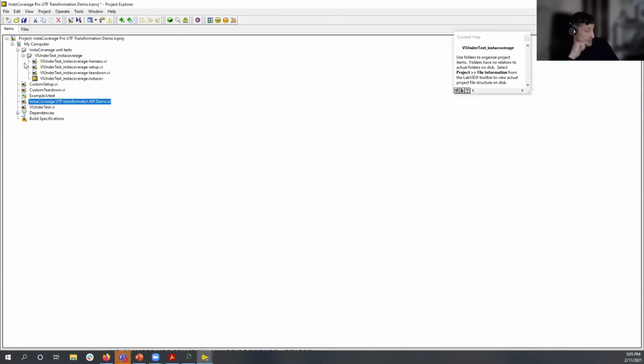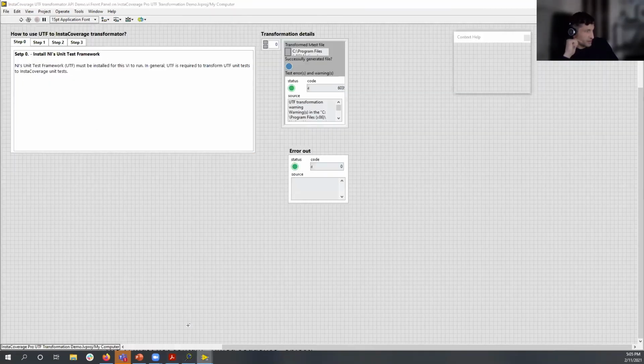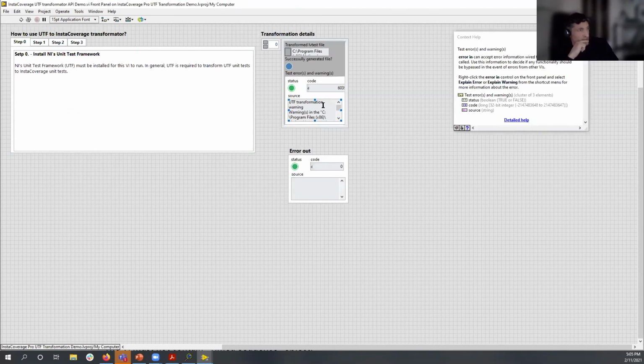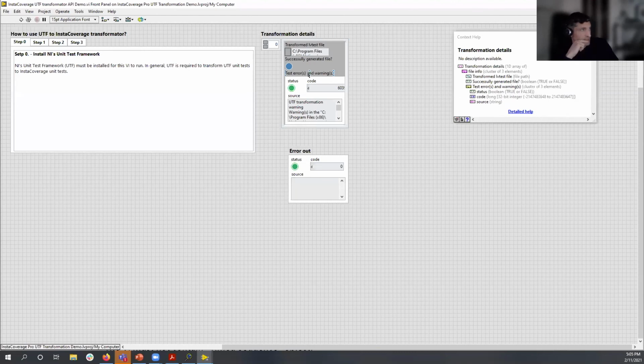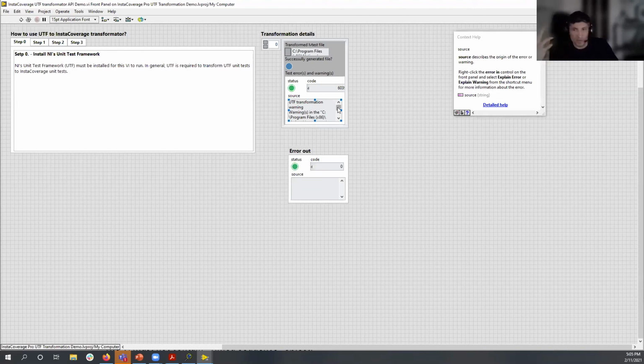Okay, so this was successful. So this is basically the output of the test. It tells you that there are warnings. So this is what I meant